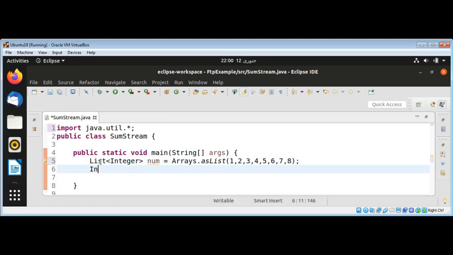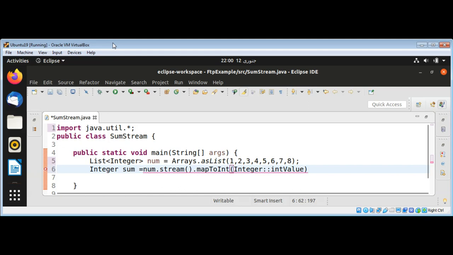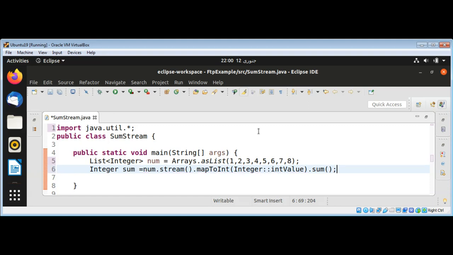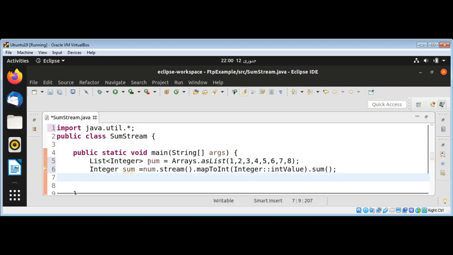and then I will have an integer variable named sum, and I will call our nums list's stream method, and then I'm going to call mapToInt and pass in our Integer intValue, and now just need to call the sum function to sum these numbers, and it will return the sum over here,